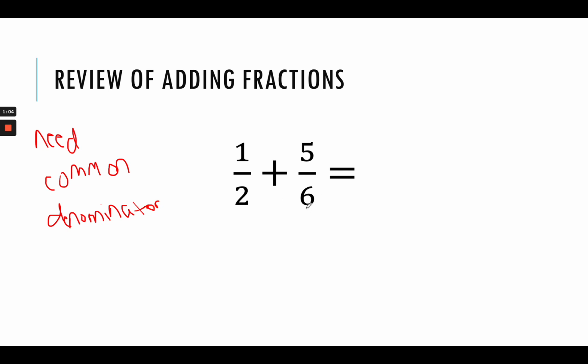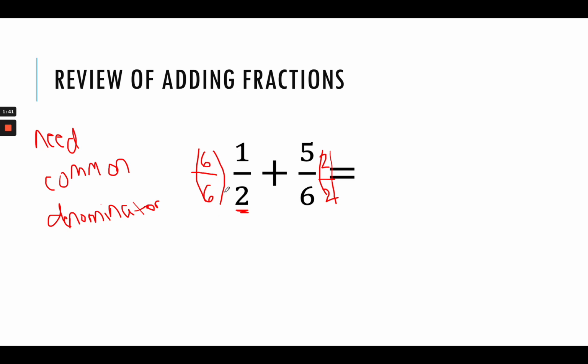So over here, our denominator is 6. Well, we can multiply this 2 by 6, but we also need to do it to the top. So we're going to multiply this fraction by 6 over 6 to get a common denominator. And then we have 5/6 over here. Well, right here we have a 2. So, right now 6 times 2 is 12, and we only have a 6 over here. So we need 6 times 2 to get 12, but we also need to multiply that by the numerator,